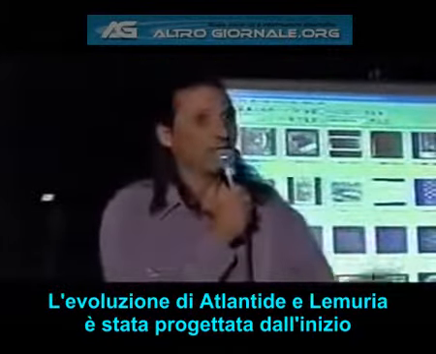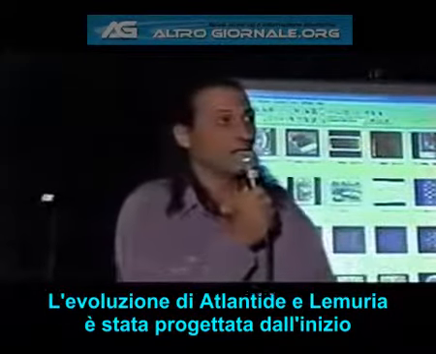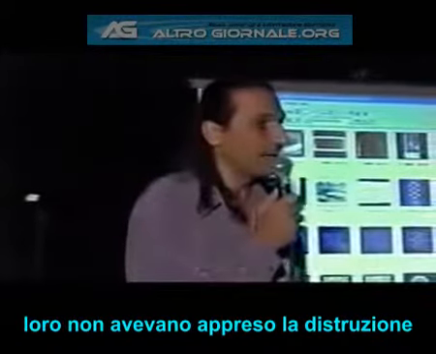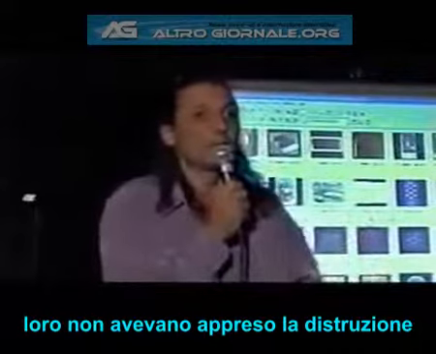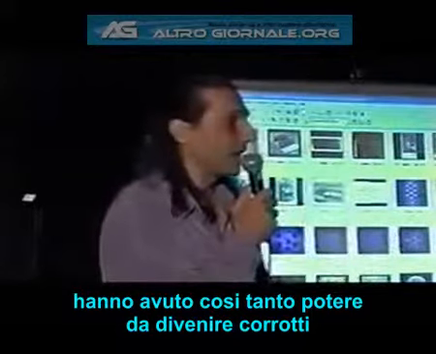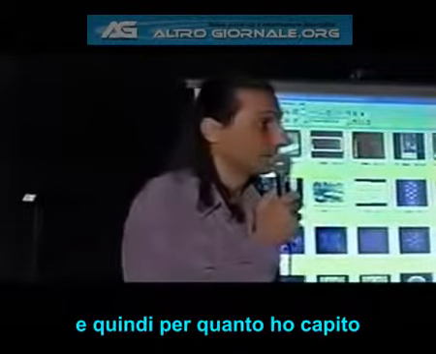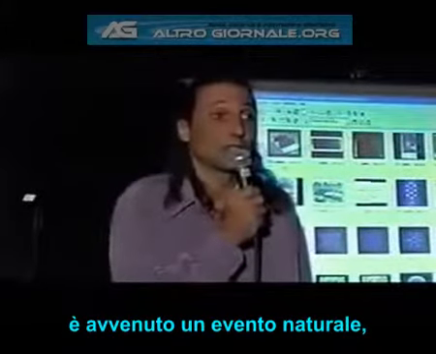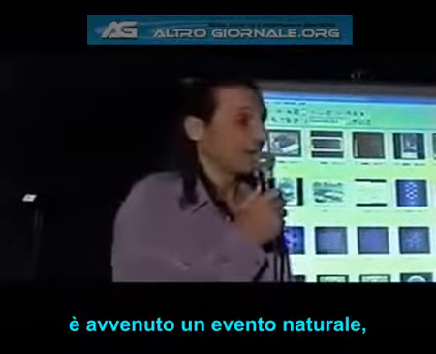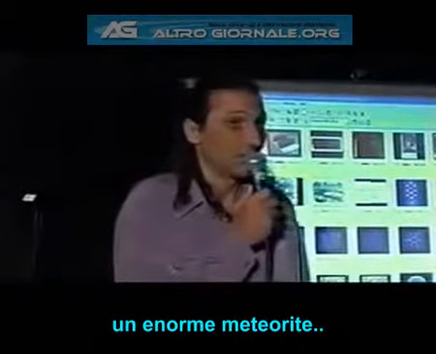The evolution of Atlantis and Lemuria was flawed from the beginning because these people never learned about destruction. They had so much power so fast in their evolution, it eventually became corrupted. And then, according to what I've researched, a natural event occurred. A huge meteorite